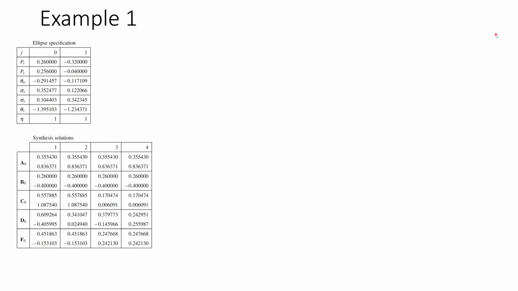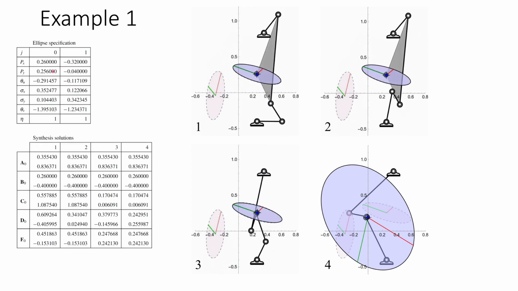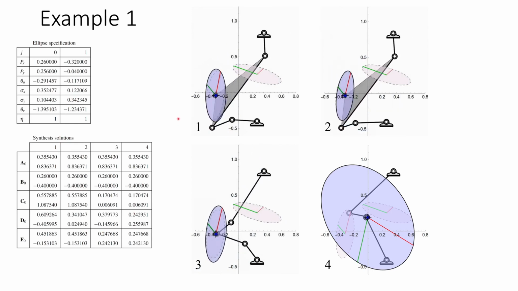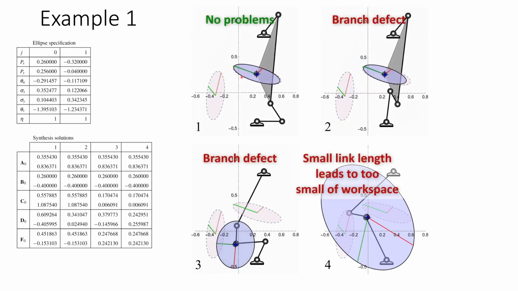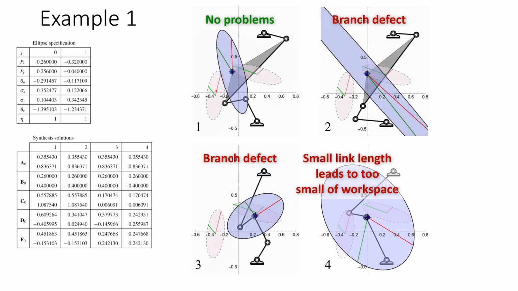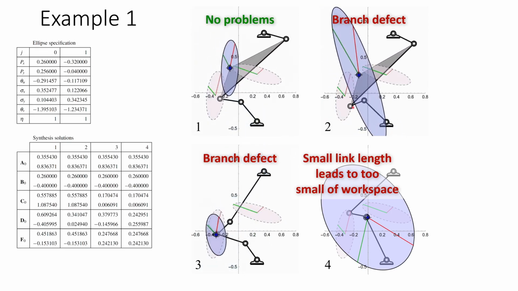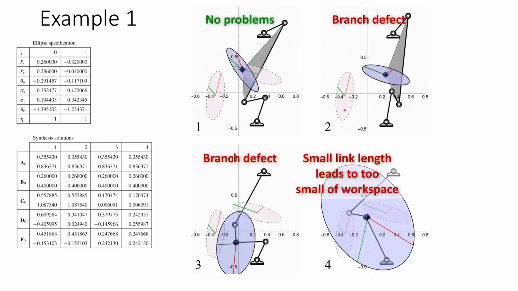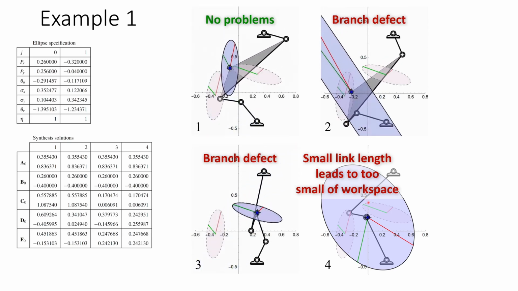The synthesis solution was applied to a few examples. For the first example, 2 ellipses were specified. The ellipse specifications are contained in this table, and the 4 synthesis solutions are contained in this table. The synthesis solutions are visualized here. We see that the first solution was able to transition between the 2 specified ellipses without any problems. The second and third solutions can transition between the 2 specified ellipses, but need to flip assembly branches in order to do so. The fourth solution contained a workspace that was very small due to a small link length and